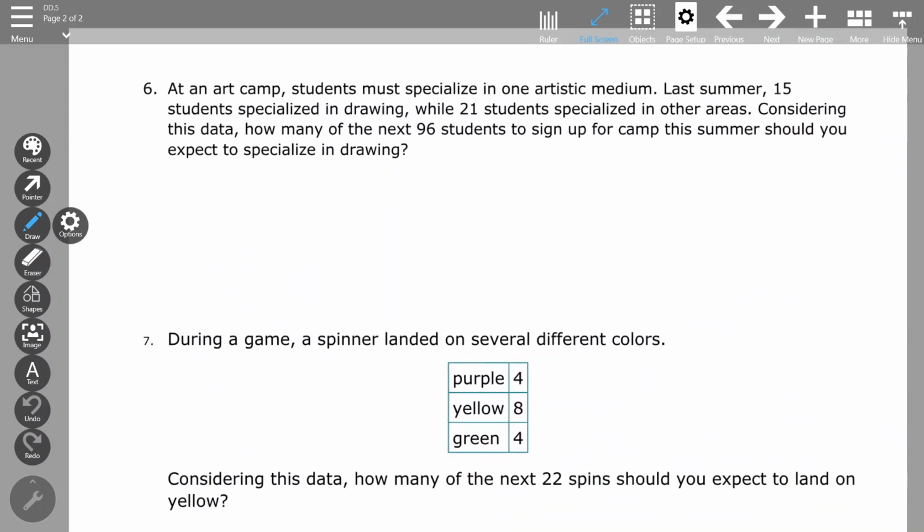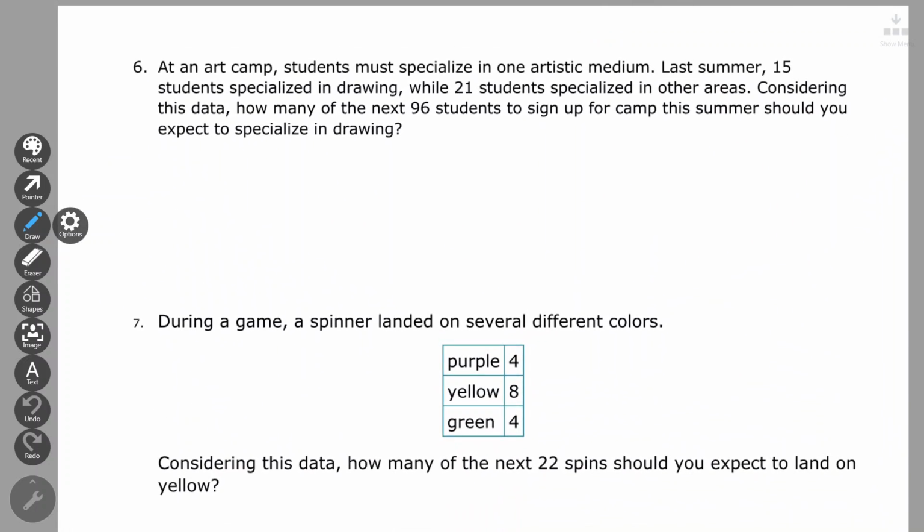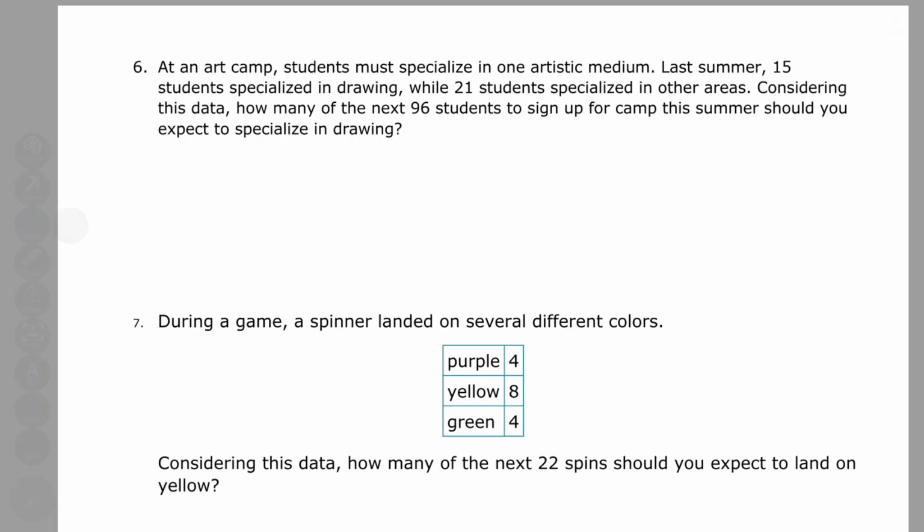Okay, number 6 says, at an art camp, students must specialize in one artistic medium. Last summer, 15 students specialized in drawing, while 21 students specialized in other areas. Considering this data, how many of the next 96 students to sign up for camp this summer should you expect to specialize in drawing? All right, so we've got to add, just like we did on 4 and 5,